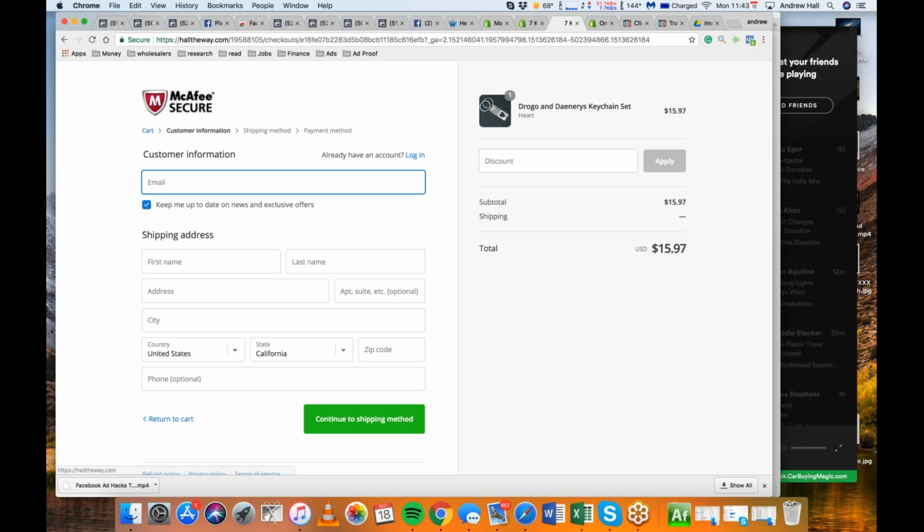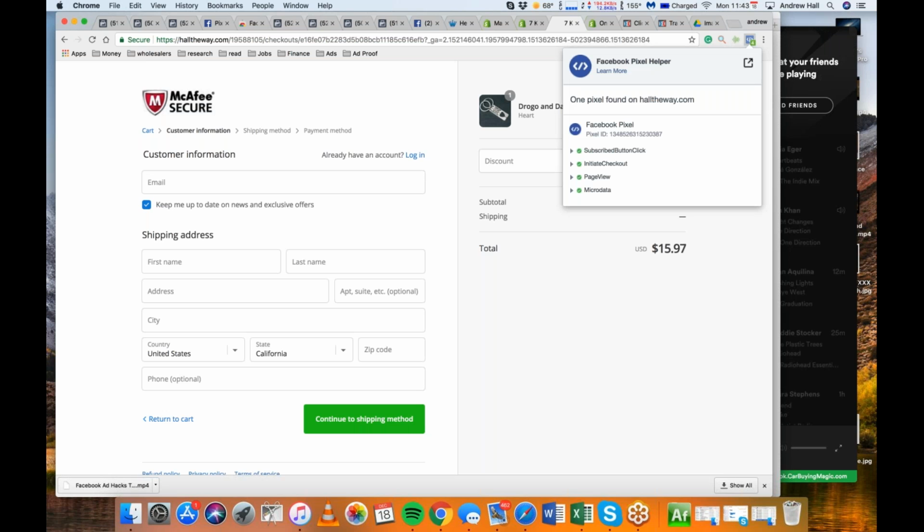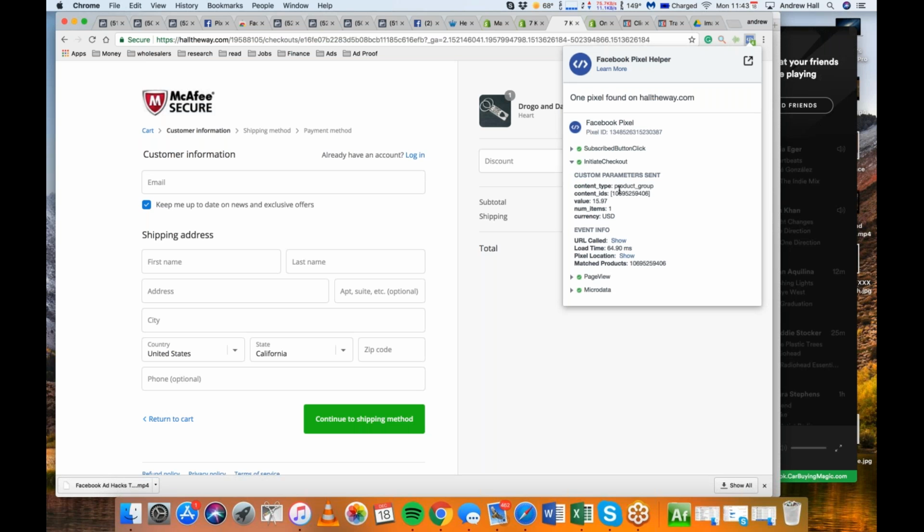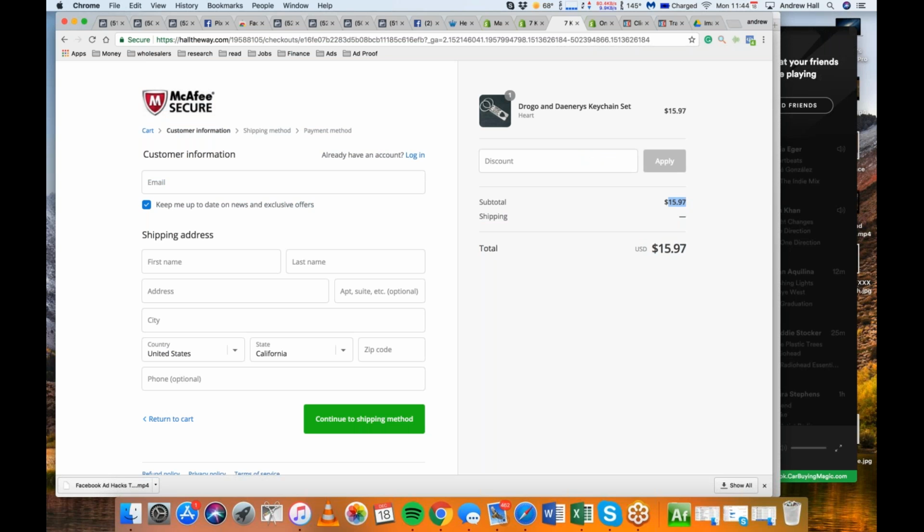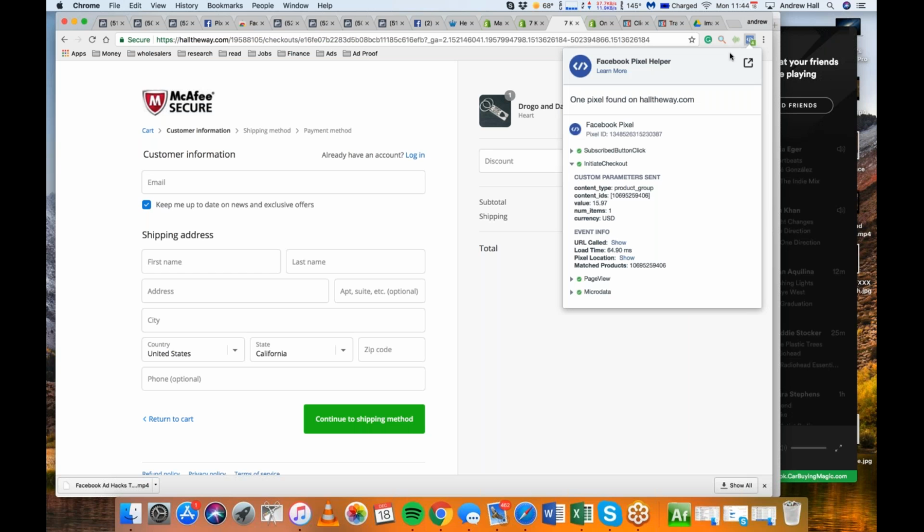And then this is just a side thing for those of you. This is the logo that I would use for my checkout. I would use light blue, and then I'd use a green for continue to shipping method. But it's not going to probably let me do anything like that. So anyways, you can check out, you have your initiate checkout right here. And then this different value right there shows how much money I have in my cart. Because if I had, let's say, 5 products in my cart, I'd be a more valuable customer to Facebook because I put more money in my cart. Right now, I'm only worth $15.97 as far as just data goes.